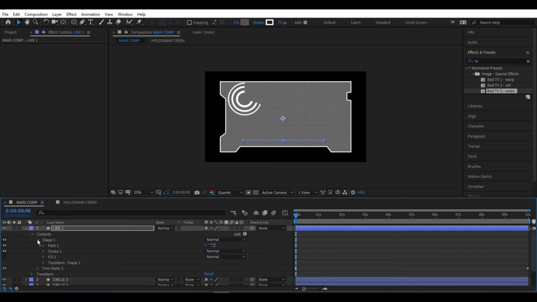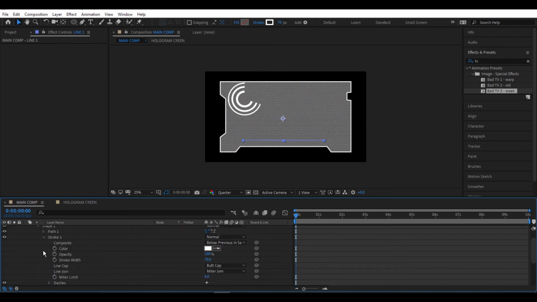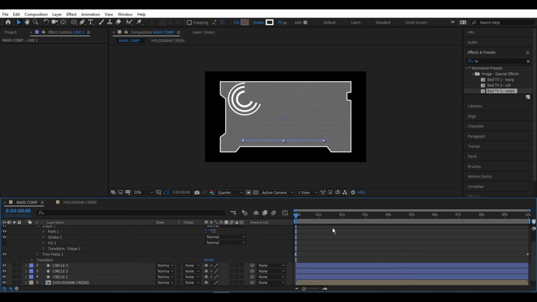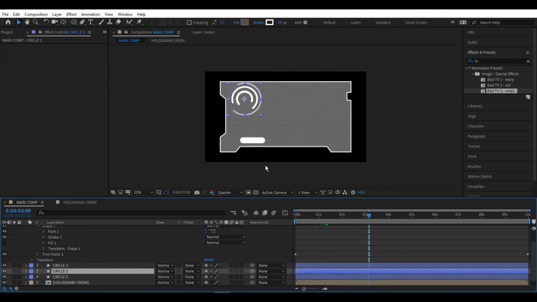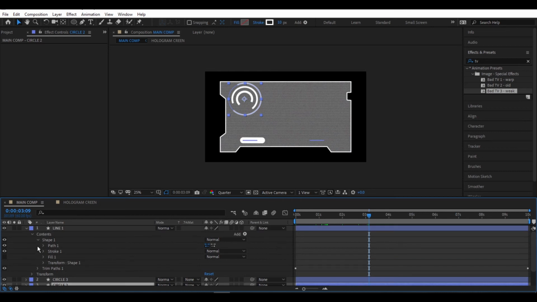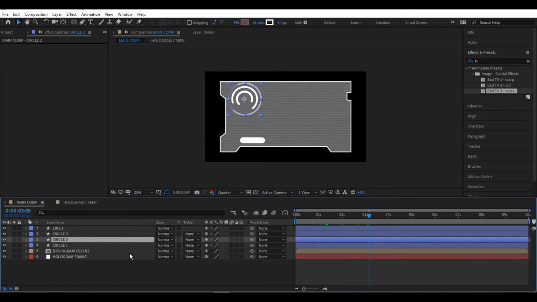I'm going to open my shape 1 here, and select stroke 1 here, and come to line cap, click on this and select round cap here. This will create a design that is round like this one, which is something that I want. I think it looks cool,